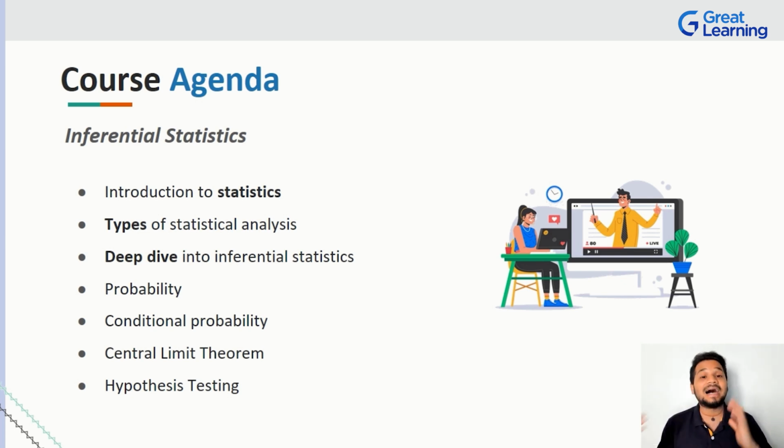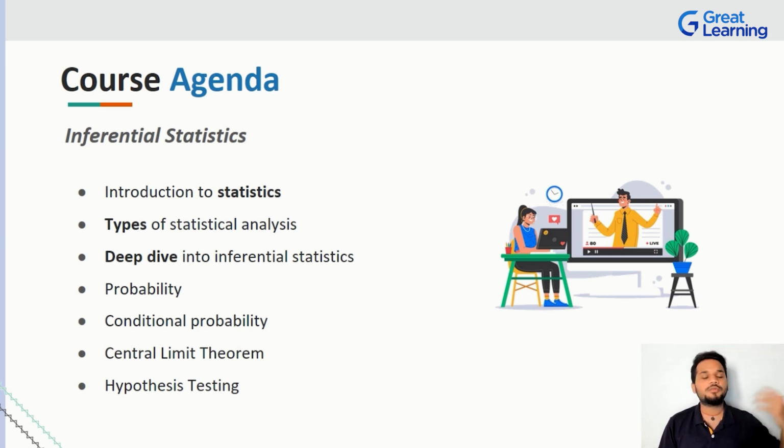Because once you have clarity about what statistics exactly is, you'll be wondering, okay, now I know what it does. Are there various types of statistical analysis that you can go on to perform? Of course, there are various types of statistical analysis, and we're going to take a look at all of them. I'm going to be giving you extremely simple examples so that not only do you understand the concept, but later down the line, when you have to recall something, you can use the example to bring up the concept and remind yourself of the entire thing, right?